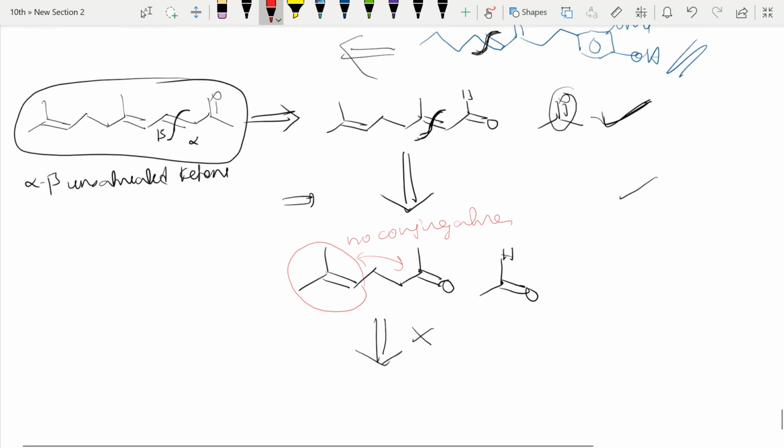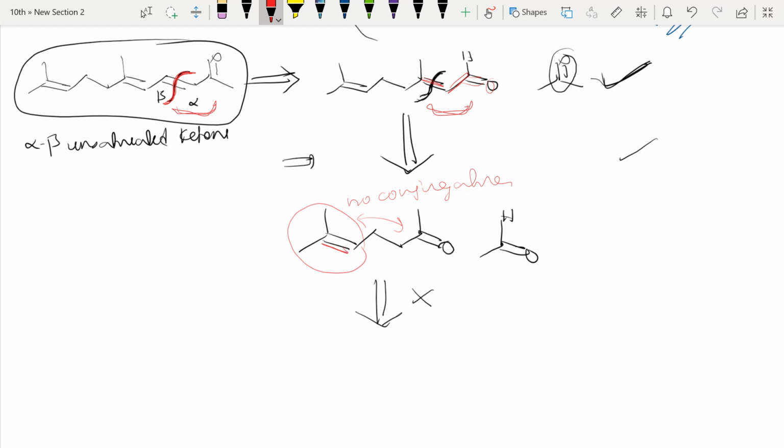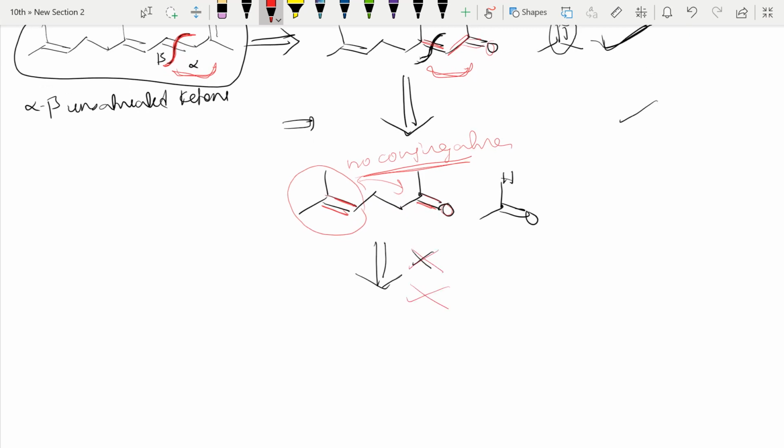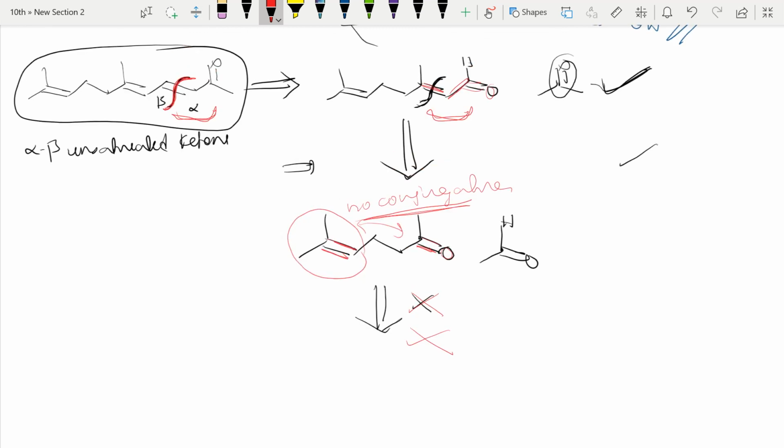See here above, where I have broken, with the red mark I am showing, right? So here I have broken because it is in conjugation. Similarly here I have broken because it is in conjugation. See here, double bond, single bond, double bond O. So conjugation was there. Here what happens? Double bond is there, and here also double bond O, but no conjugation here, because of which I can't further retrosynthesize, right? So these steps you need to remember, when to disconnect carbon carbon. It is only possible when an alpha beta unsaturated double bond is there. I hope you got it.